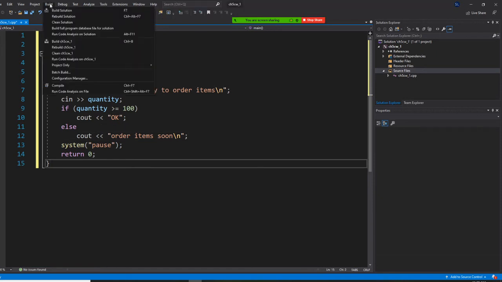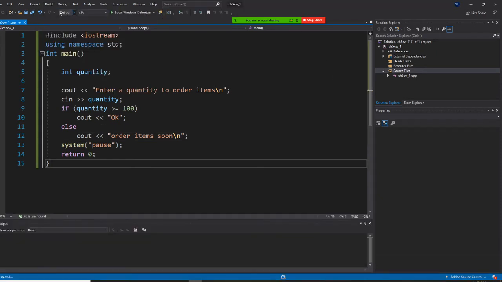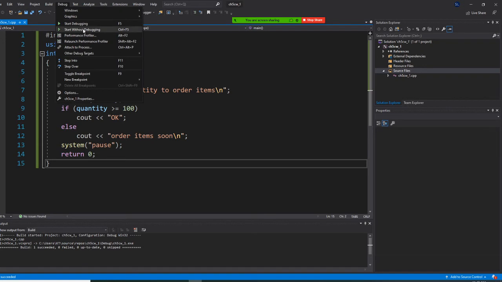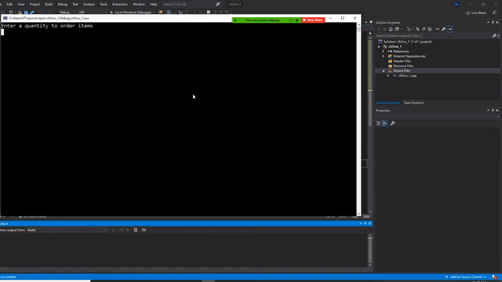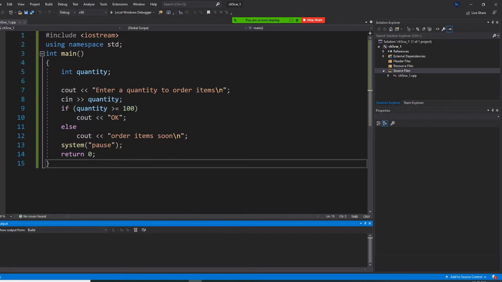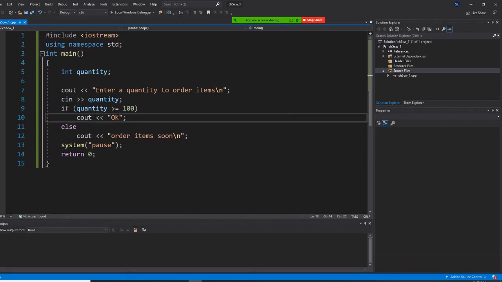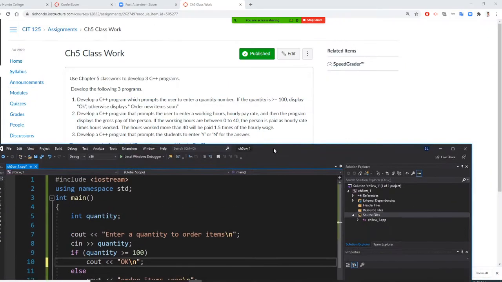All right. So let me build it. And start without debugging. All right. So I put 200. And so, okay. Right? All right. So I am going to put right here like this. But I wanted to modify this a little bit here